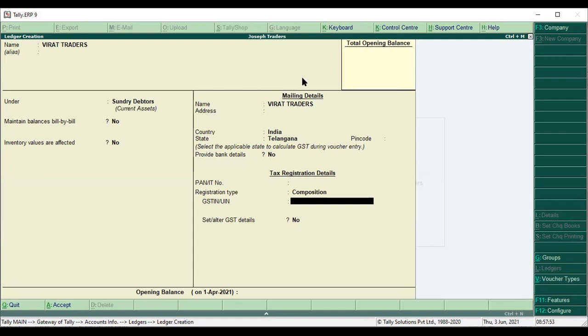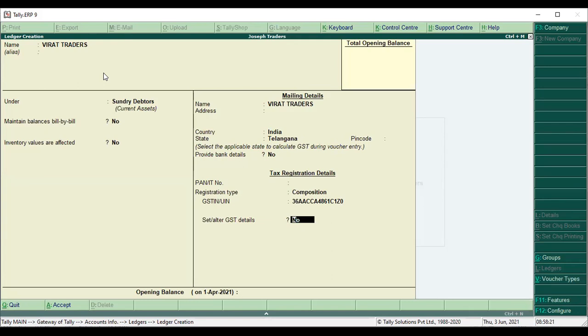So GST number is 36 double A, double C A, 4861 C 1 Z 0.